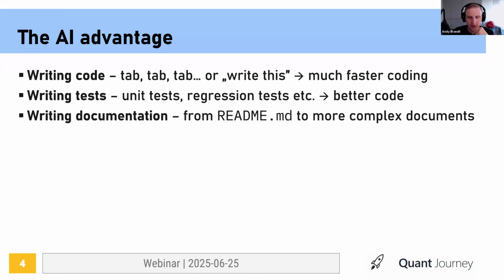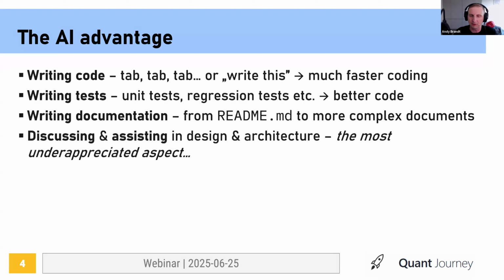Another element is writing documentation, and it's another thing we don't like to do, but it's absolutely necessary. We still need documentation. Right now, we start to need it not just for other humans, we start to need it for AIs, for example. If we are writing libraries or something that can be used as a library, then the documentation most often will now be read by an AI. But still, it has to be there. Also, if we build anything more complex and it requires some documentation for users, AI can do that for us. So that speeds up a lot.